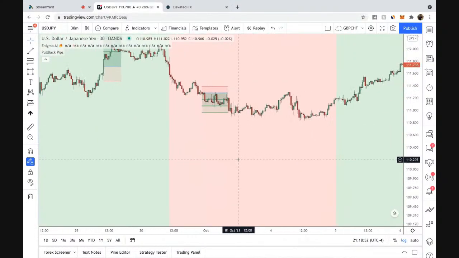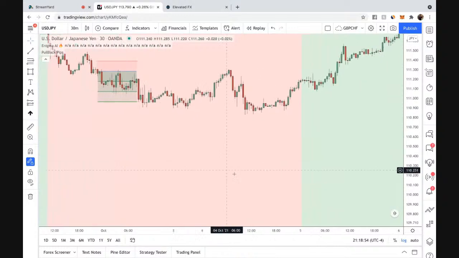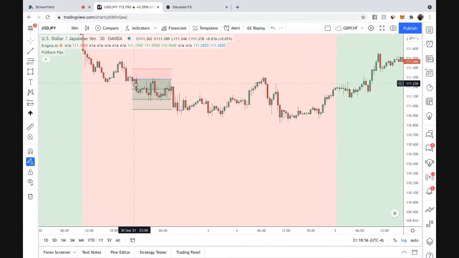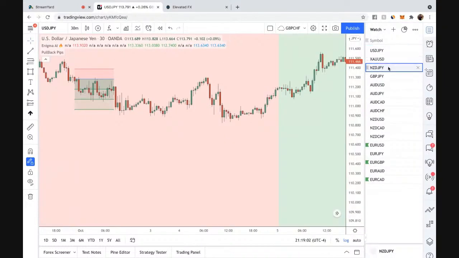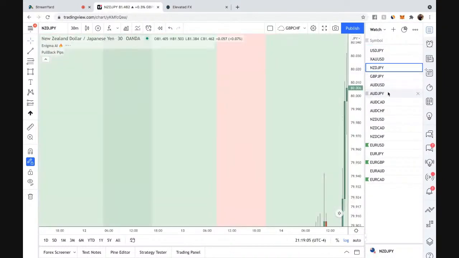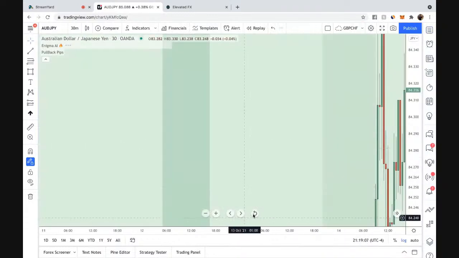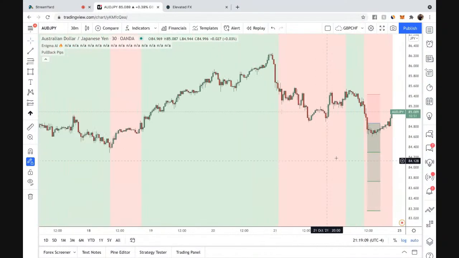Let's just look at some past examples right here. You can see we're bearish in the market. Enigma gives us the setup. So best believe we're going to take that trade, right? Let's just look at some other quick examples and then we'll get into the markets. Let me just grab AJ, right? Based off of what we just reviewed, we do have a setup here.